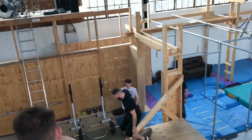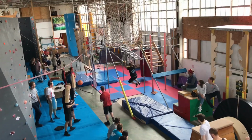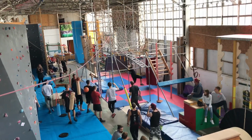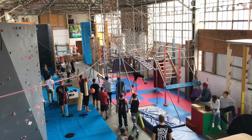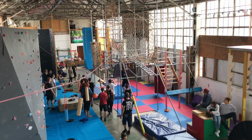I'm running through it. The first one's the rolling logs, then the balance beam over, straight into the trampette and the swinging ring. You're going from this bar here to ring toss. Tiny little pegs, you've got to be pretty accurate. You've got to be really fast here, and basically to qualify you needed to reach at least the first bar